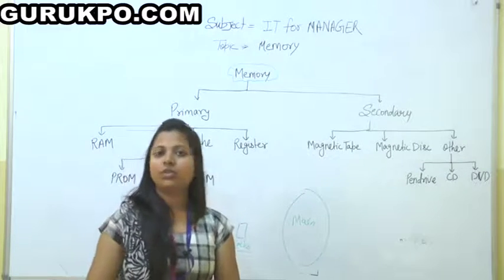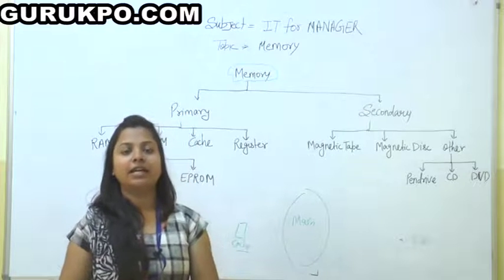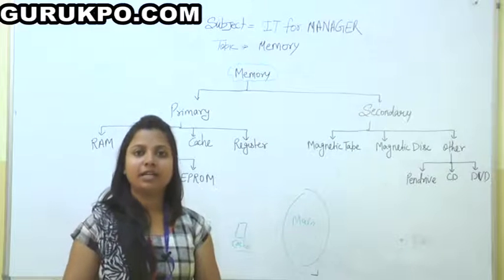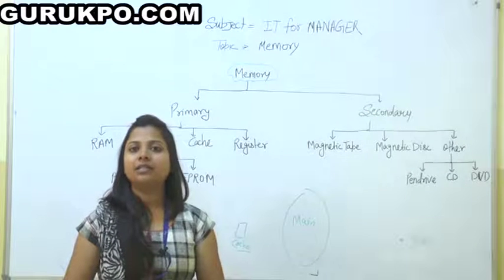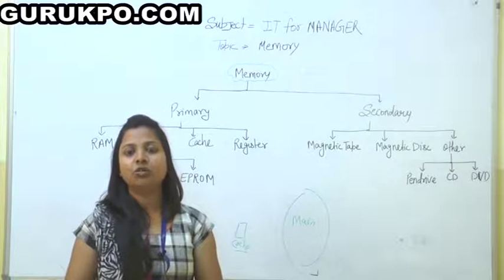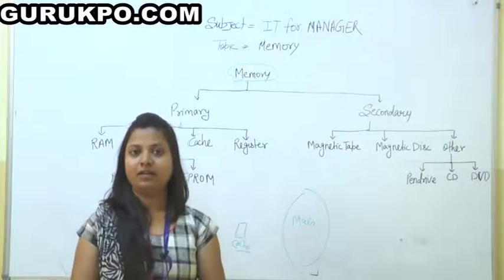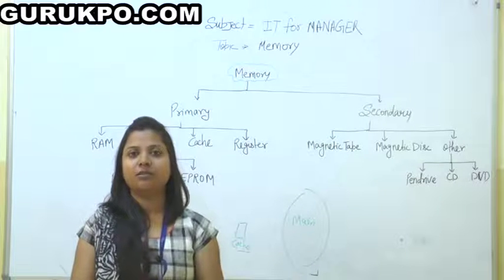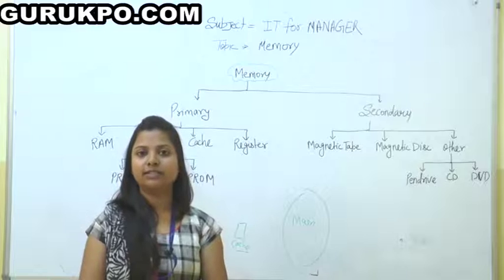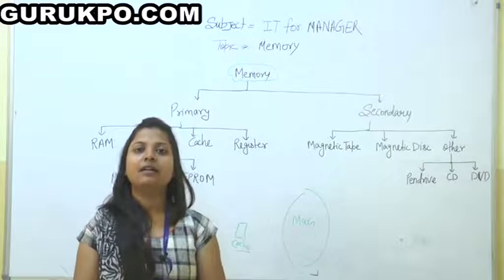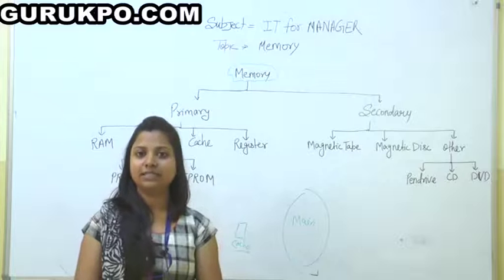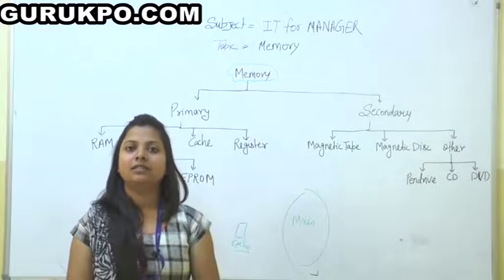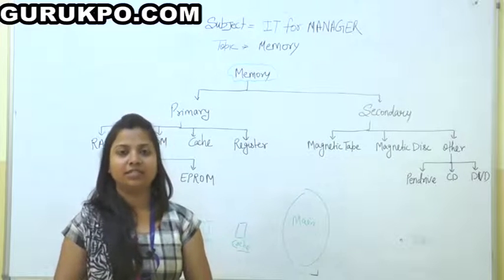Now if we want to store data in a large amount, then it will be stored in magnetic tape or magnetic disk. Now what is magnetic tape? A magnetic tape is a tape-like device that will store data in a reel. For example, it is the same as the cassettes that we used some time ago to store our songs or other data. The data is stored in a film, in a reel.